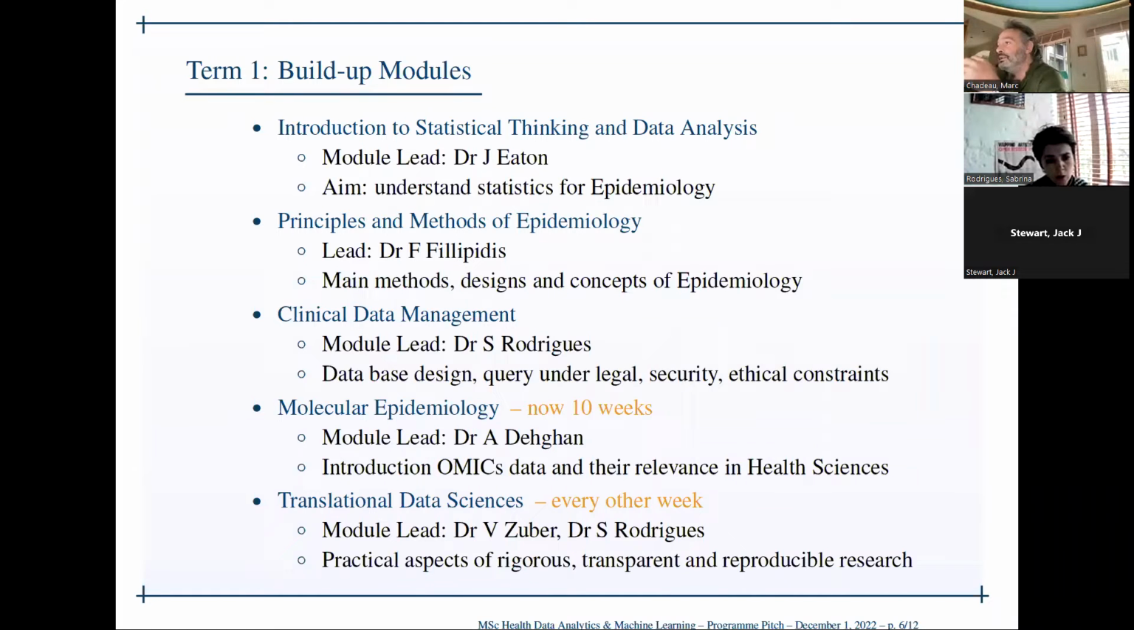them. And then the third module, which is also the catching up module, is the molecular epi module led by Dr. Degen, where basically there's an introduction to what molecular epi is. And so you will see in that module the different types of omics data that you can encounter routinely in health sciences. What are they specific, how you can explore them, and how are they relevant to